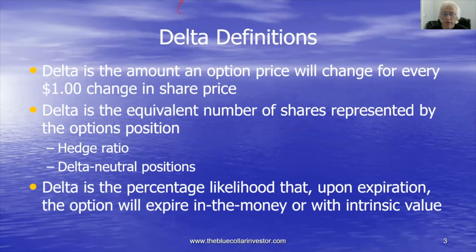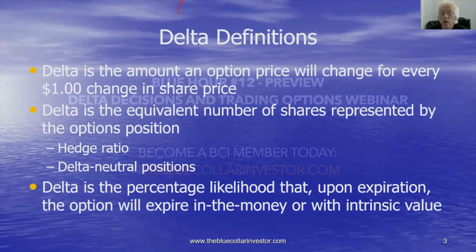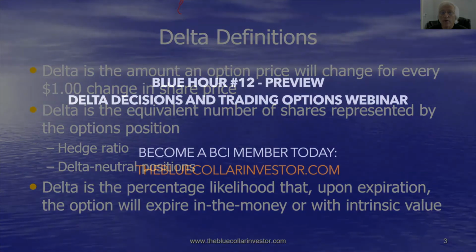Okay, now the third definition of delta is the percentage likelihood that upon expiration, an option will expire in the money. So if a call option has a delta of, let's say, 0.9, it has a 90% chance of expiring in the money by expiration. If it has a delta of 0.1, it only has a 10% chance of expiring in the money. And this would be important to people that want to retain their underlying shares. So if, for example, we